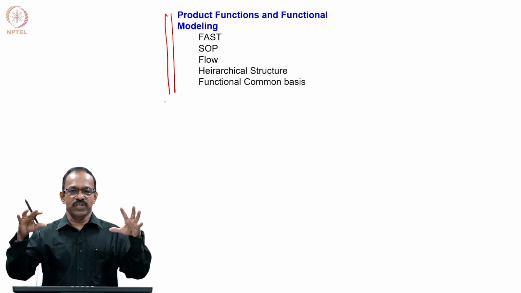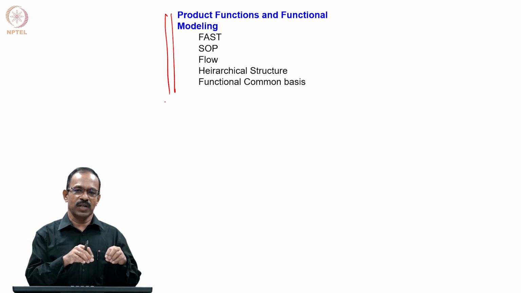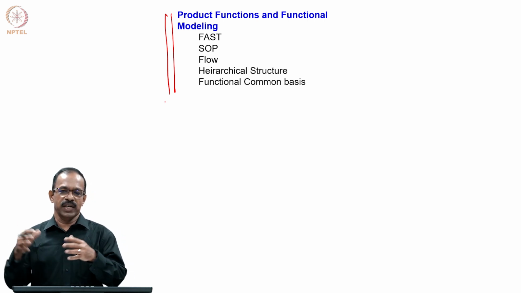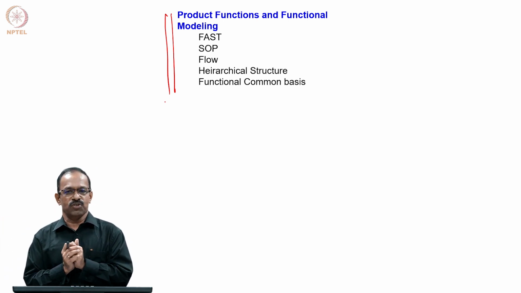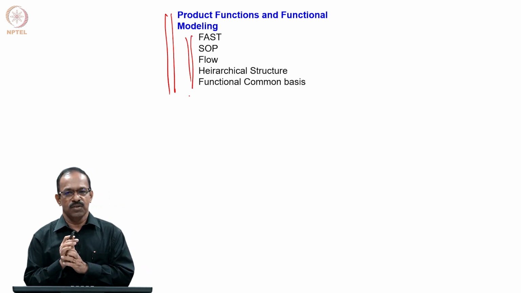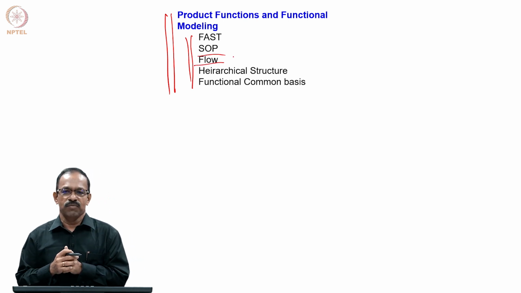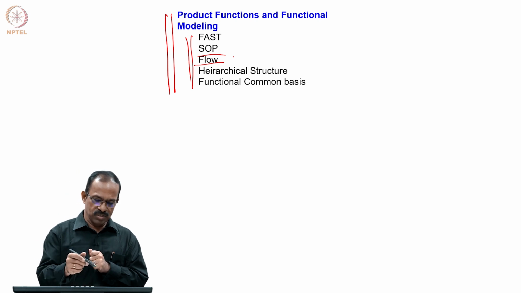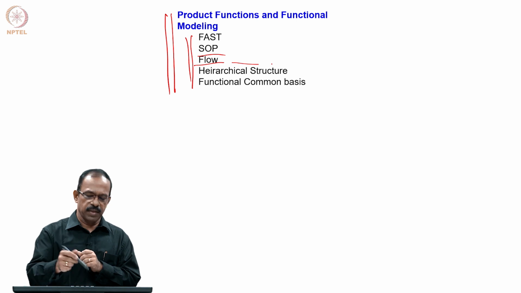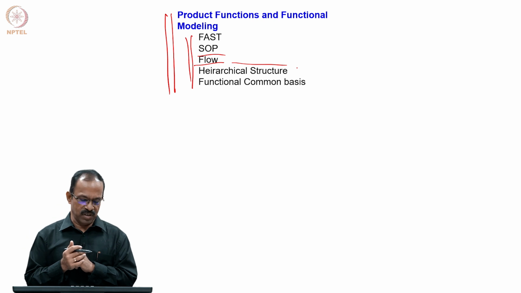The big problem of designing a product can be decomposed into smaller design problems by looking at the functions, and some of the sub functions can be modified to get an improvement in the overall function of the product. And we found many methods like the FAST method, SOAP, then the flow method or the function structure method, and based on this you will be able to get the functional decomposition, and based on that you can create a function tree as well as a hierarchical structure of the product functions.